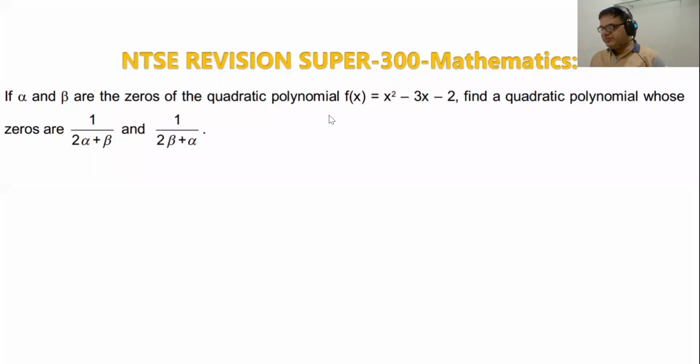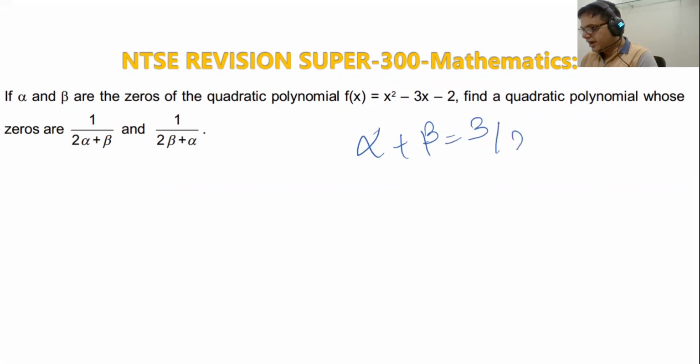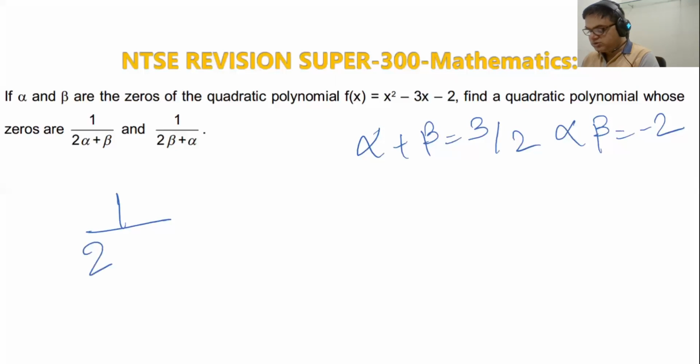The question is saying if alpha and beta are the roots of the quadratic polynomial this, then I have to find a quadratic polynomial whose zeros are this. ठीक है. तो यहां से I got alpha plus beta is equal to 3 by 2 and alpha beta is equal to minus 2. I have to find a quadratic polynomial whose roots are this. So sum of the roots of that quadratic polynomial will be 1 upon 2 beta plus alpha plus